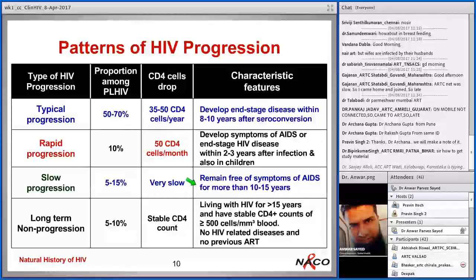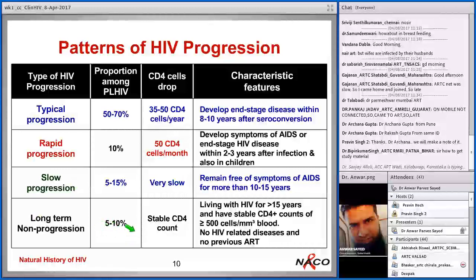This happens in some of the patients. They say, okay, we are not on ART, we are not doing anything, still nothing is happening to me, there are no signs and symptoms, since 20 years nothing has happened to me. So people will try to make it a case, or others will feel, if it has not happened to the other person, why should I take all this ART and other things? To explain to them, you should be able to explain with these figures and numbers. If you know this, you will be in a good position to explain to your patients that this is not the case with everyone. In some exceptional cases, like 5 to 15%, this can happen.